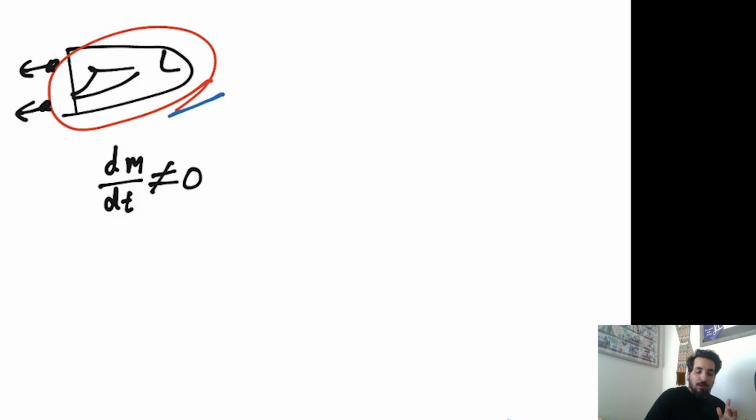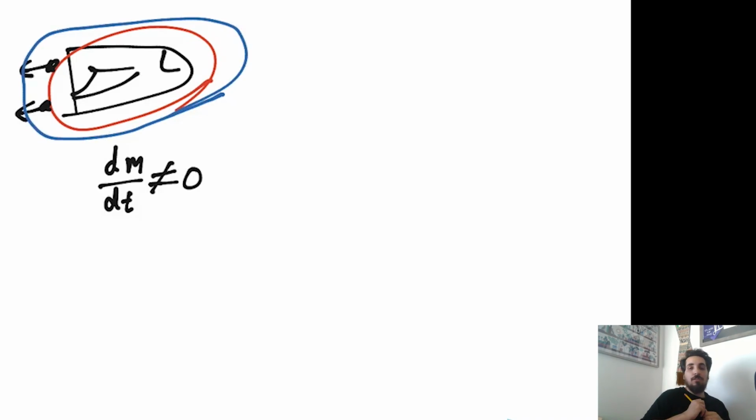So instead what we'd want to do is include the fuel in our system. And if we include the fuel, well, now we have no external net forces. Again, there's nothing out in space for it to interact with. And including the fuel inside of our system then makes the change in mass equal to 0. So our system does not change in mass in the second definition, the blue circle, where we include the fuel inside of it. All right, so these are the two looks at what defines a closed system.